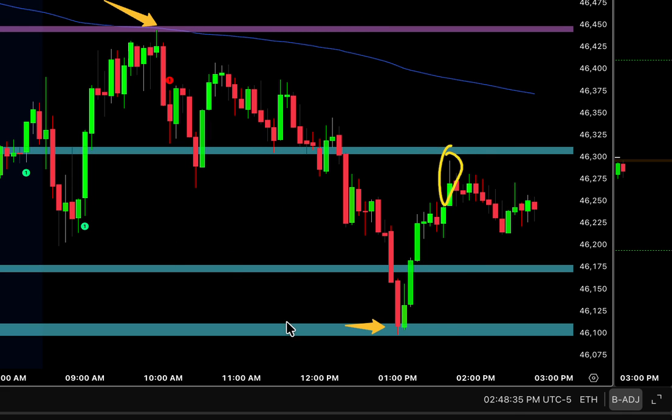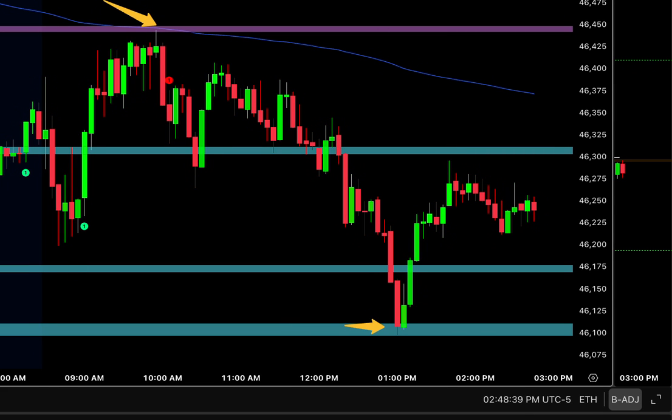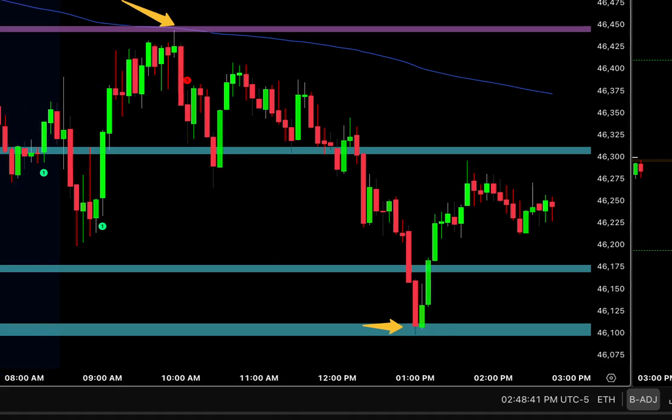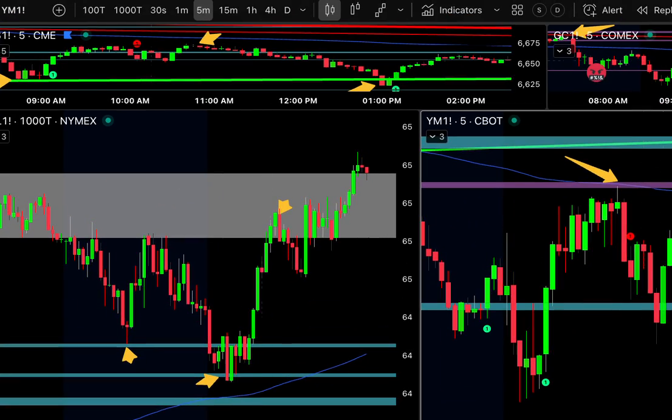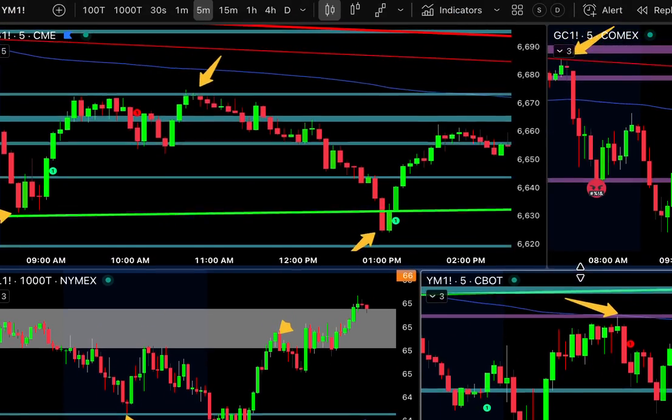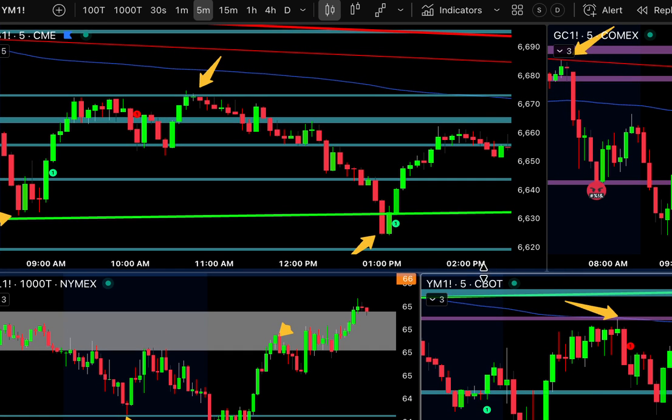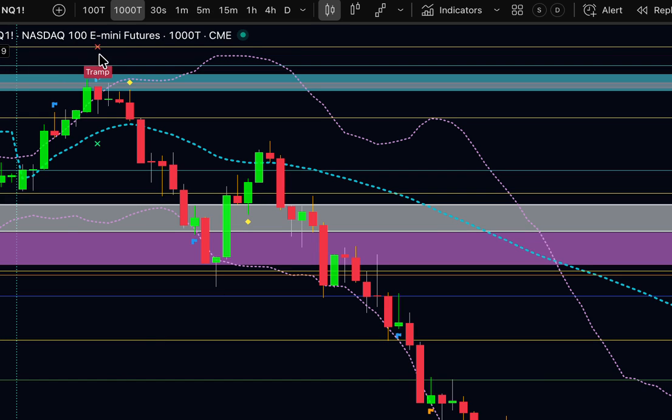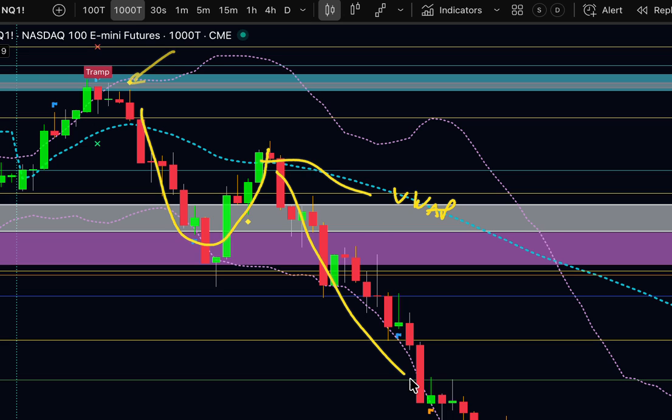So simple day, just endless amounts of trade opportunities. Probably, if you did everything, you're looking at almost 600 to 700 points of trading today. Let's go to the engulfing candle for Bollinger Band. A lot of stuff here, starting off with a trampoline reversal signal. With that, and then we bounce up, we ricochet off of the VWAP, and then down we go with an